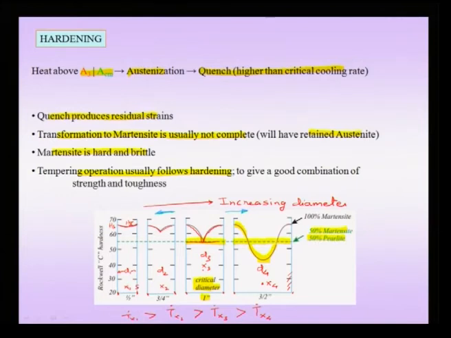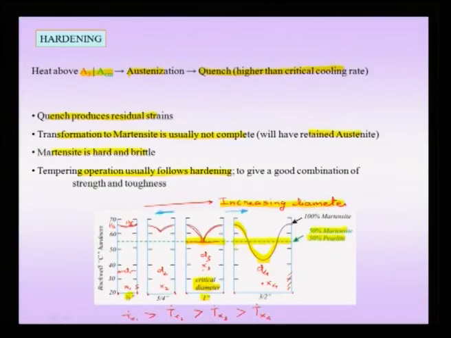Truly a material which has been through hardened is, for instance, this example in half an inch material. As you go on increasing the diameter, the hardness falls at the center, but you do tolerate about 50% martensite, which you call the critical diameter, at which if you cool, then you at least have 50% martensite to give you the requisite amount of hardness. But diameters larger than this critical diameter would have at the center hardness even lower than that for the critical diameter, wherein you obtain more pearlite than 50%, and that means it is less than 50% martensite in this regime of the